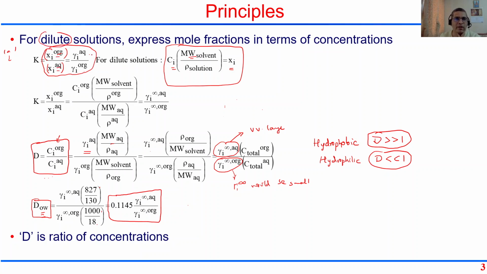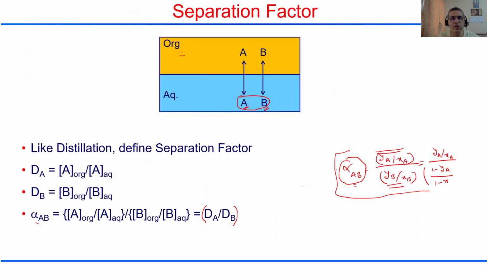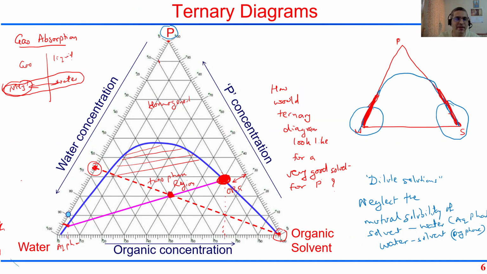So we wrote this organic phase in terms of molecular weight of the solvent divided by density of the organic phase, and molecular weight of the aqueous phase and density of the aqueous phase, that is water, right? That's how we got this 0.1145 or 115 nearly. Okay, so if that is the case, then whatever we have done with respect to gas absorption, same thing we can do for liquid-liquid extraction. Let's